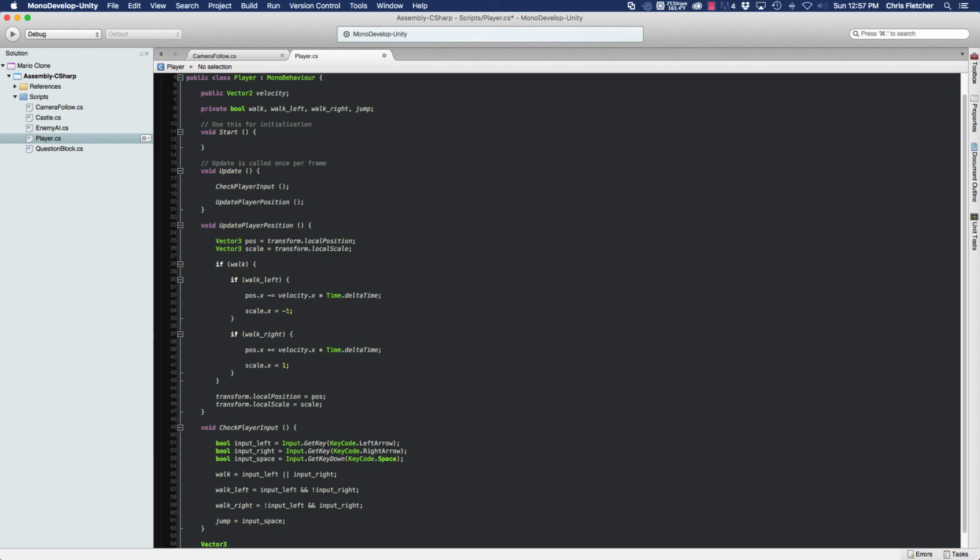I'm going to explain that in just a minute. We're going to call it CheckWallRays, and we're going to pass in a Vector3, which we'll call position, and we're also going to pass in direction,